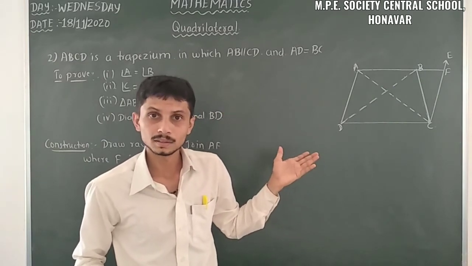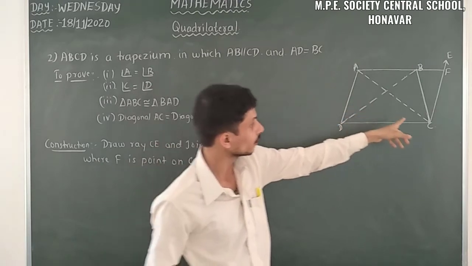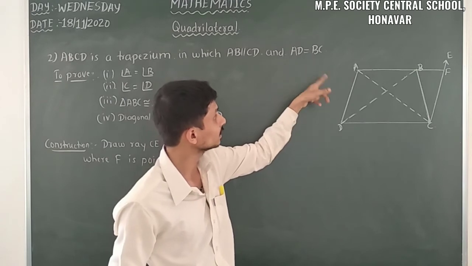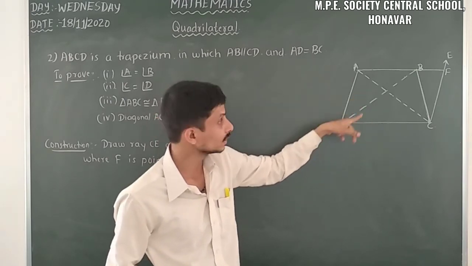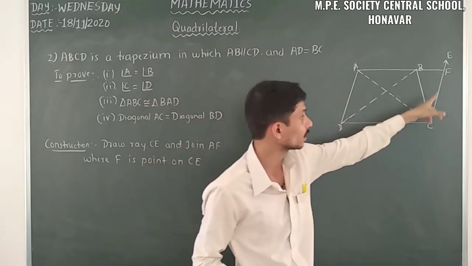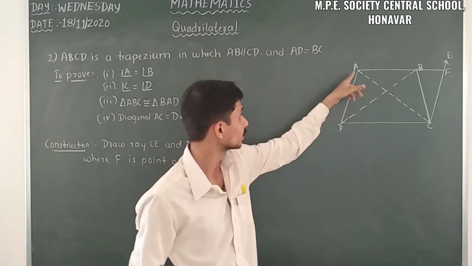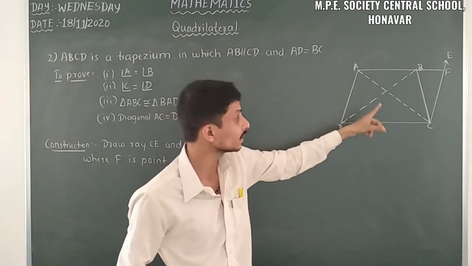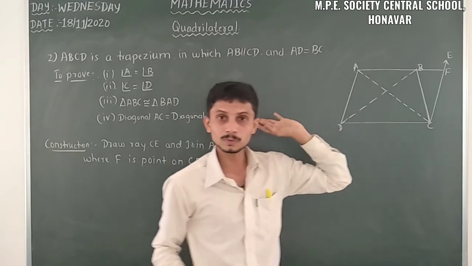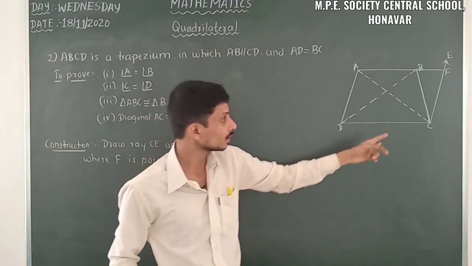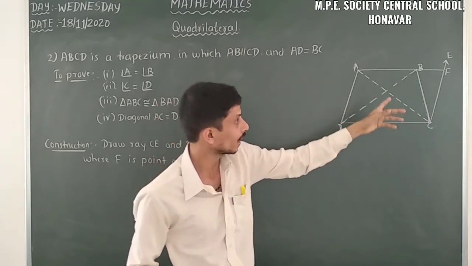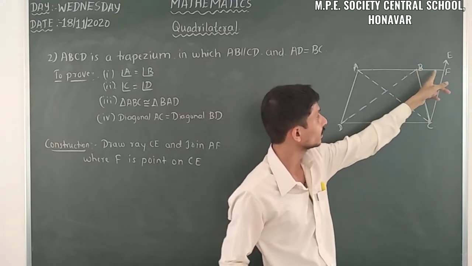Then another thing we have is BC is equal to CF. So we can take AD is equal to BC, because AD is equal to BC we have, and also we draw a parallel line to AD such that CF is also equal to AD. So then BC is equal to CF. After that we can take angles opposite to the equal sides are equal. Then we have this angle and this angle, those two are equal.